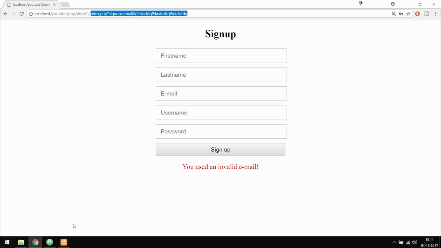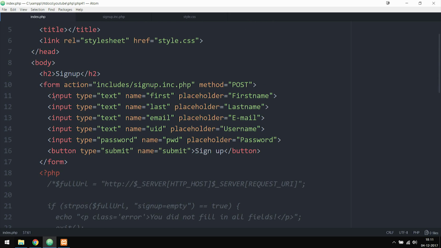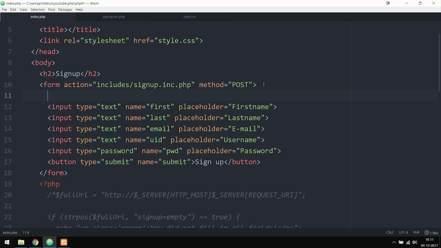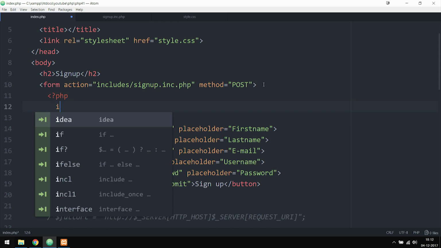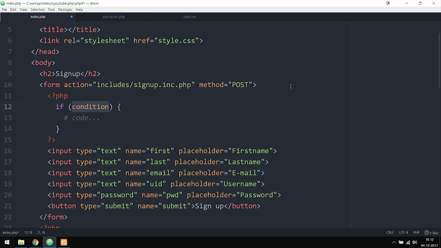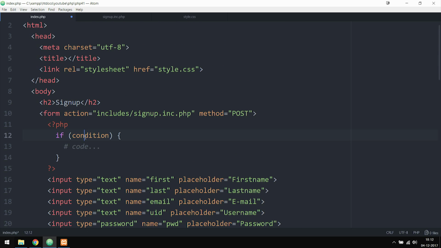So what we can do now is I can go inside my index page, go to the top where we have the form, and I'm going to create an if statement around each input. So we have the first one up here, which is the first name, and create first of all the PHP opening and closing tags because we need those. And then I'm going to go ahead and create an if statement. And I'm going to do the same thing as down here, where I check if we have a certain get method inside the URL, then it should go ahead and get the data from it and put it inside the input. Okay, so I'm just going to copy what we have in here, paste it up inside our condition,